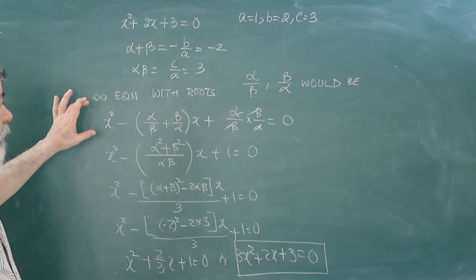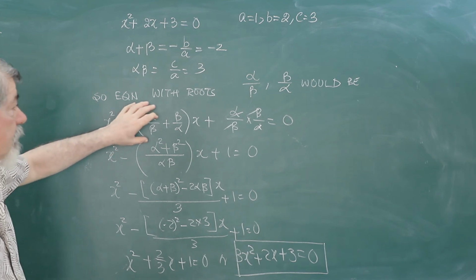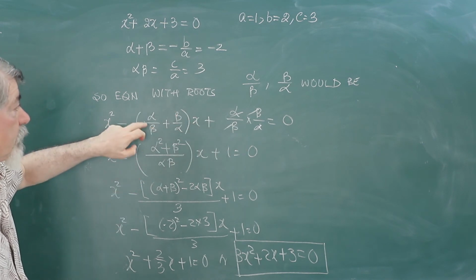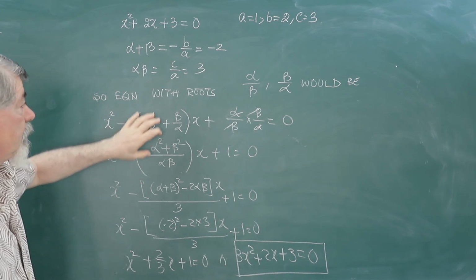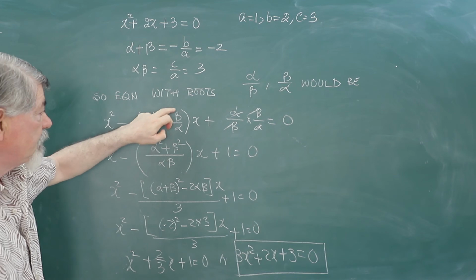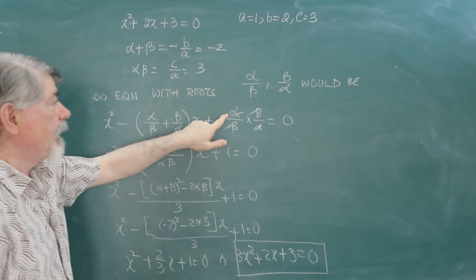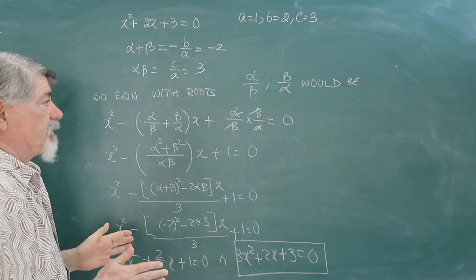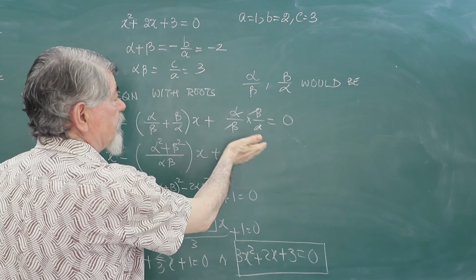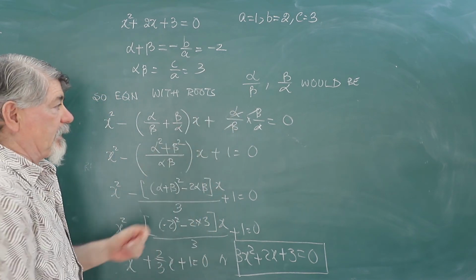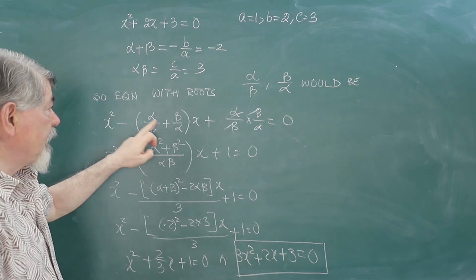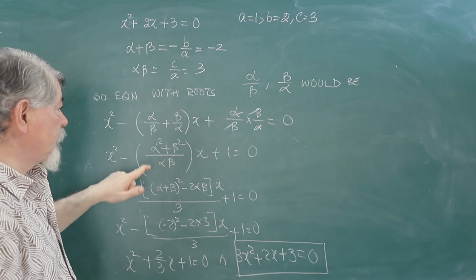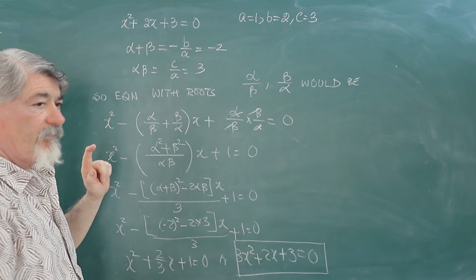So I told you the equation would be x square minus sum of the roots into x plus product of roots. Now here roots are alpha upon beta and beta upon alpha, so the sum of the roots will be alpha upon beta plus beta upon alpha into x, and the product will be alpha upon beta into beta upon alpha, as they are reciprocal of each other. So alpha alpha will cancel, beta beta will cancel, which gives you 1. Here, if you take LCM as alpha beta, it becomes alpha square plus beta square upon alpha beta.